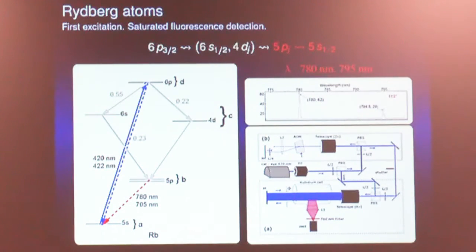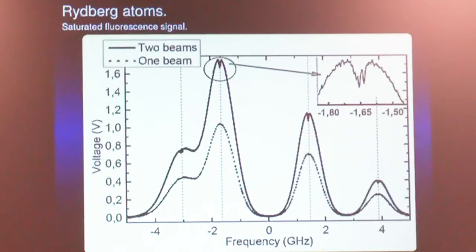So we demonstrated this spectroscopy system in which we send this 420 nanometers light and we send it back through the cell, and we detect the 780 nanometers fluorescence. And with that, we have been able to measure this. This is the shape of what we see in a simple measurement, just by sending one beam in one direction. We see this fluorescence, and these